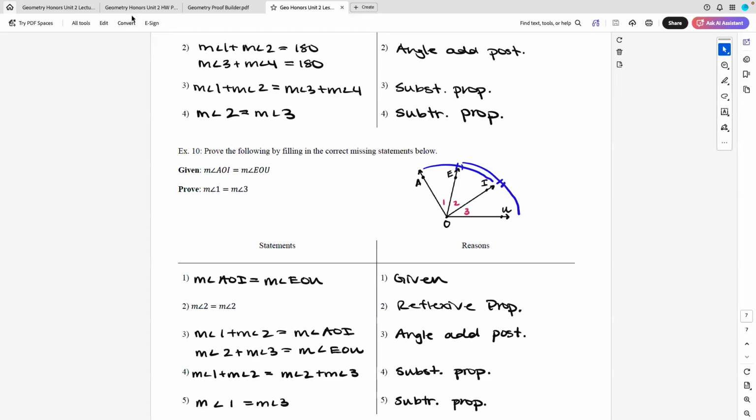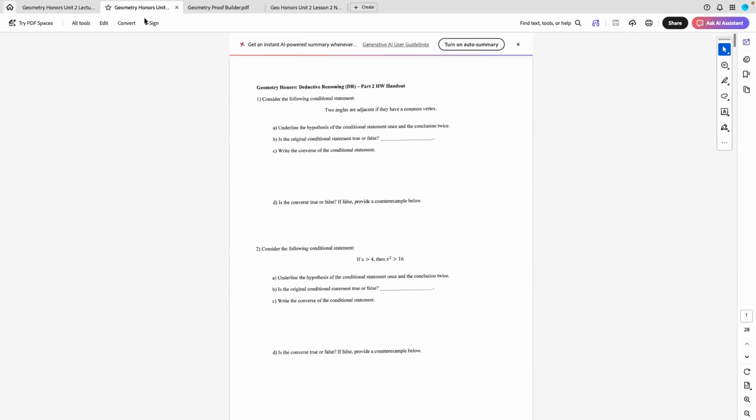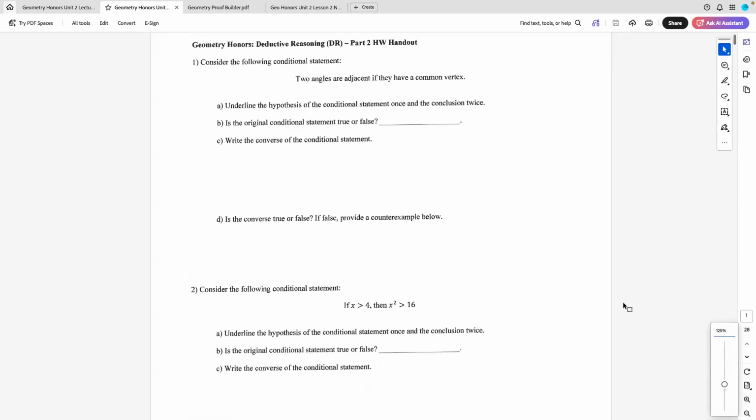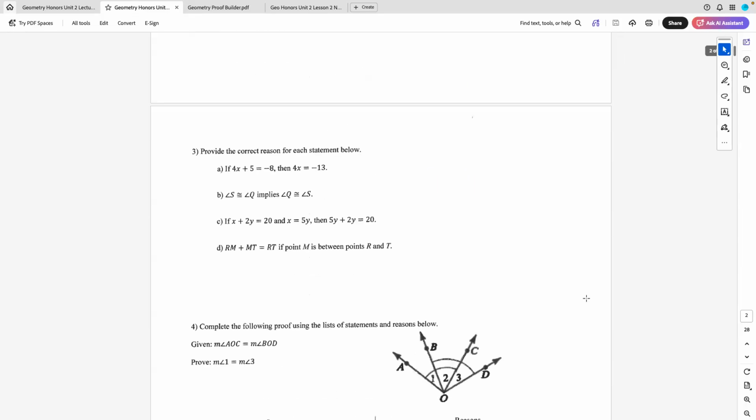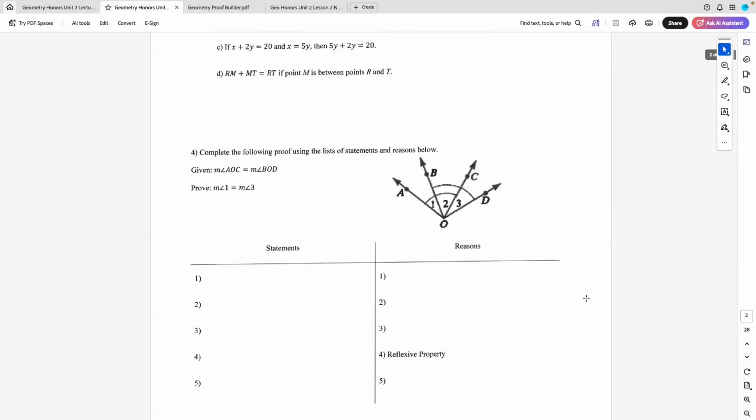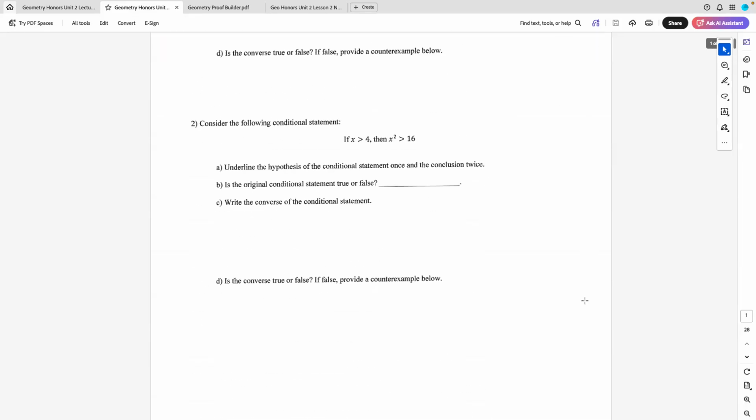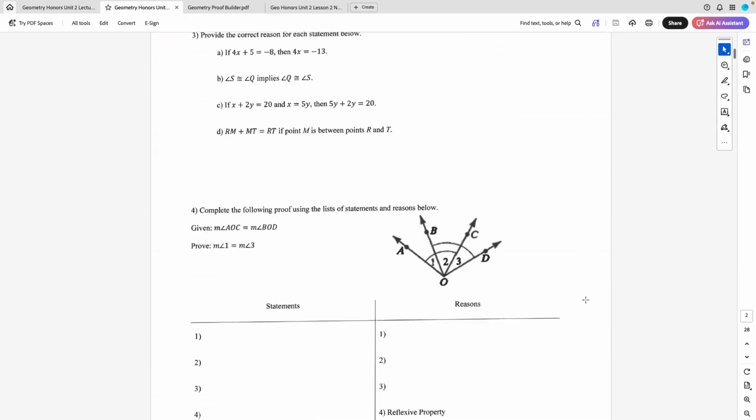Now, just so you know, homework is going to be, let me freeze the screen here. Homework is going to be this packet, which I already handed to you guys. If you somehow don't have it, please let me know. This is a homework packet for the entire unit. There might be one extra homework we'll do as a Delta Math. You're only going to do the first couple pages. So you do the part 2 homework. So you only do the first couple pages. Now, if anyone is interested in extra practice,